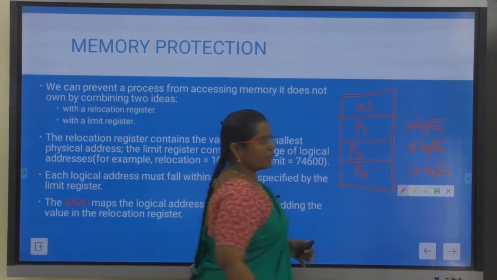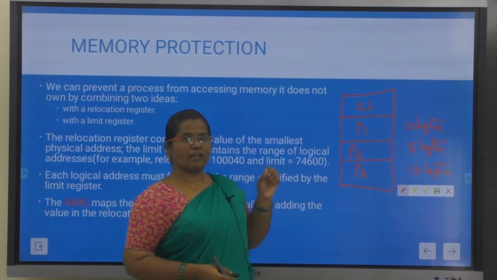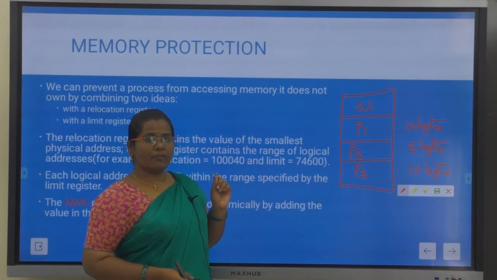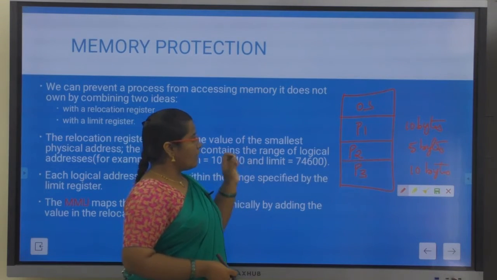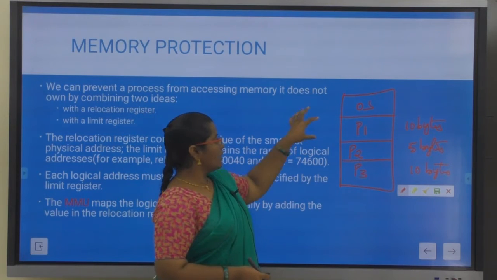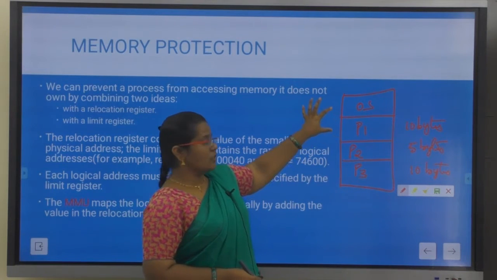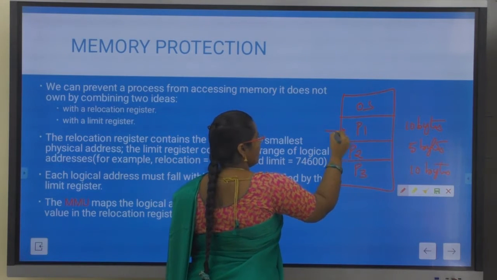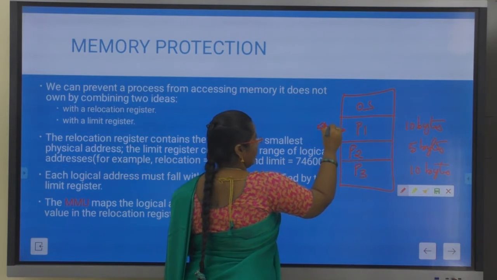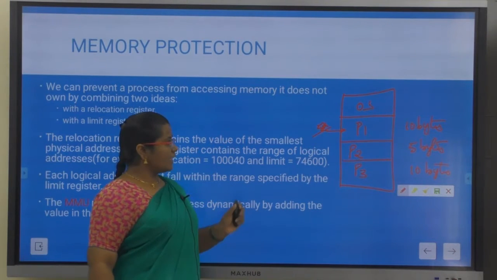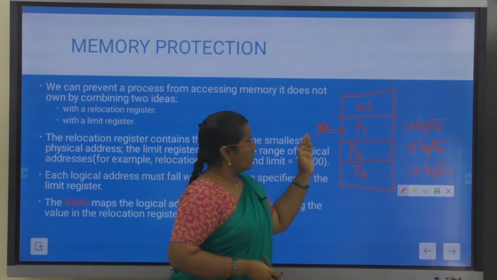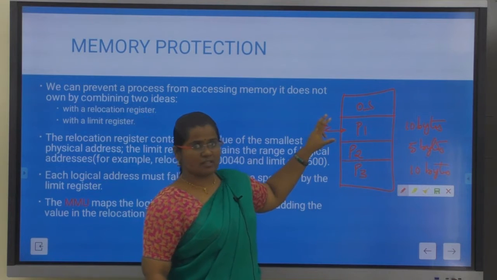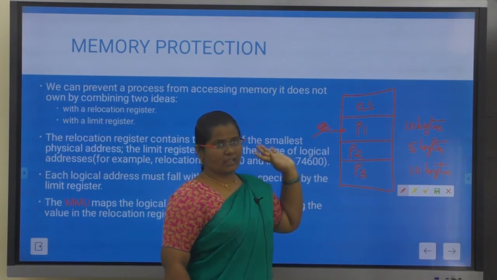So whenever you try to execute a process, the CPU will execute only 1 byte per instruction. So at a time your CPU will execute only 1 byte. Now if I want to execute my process P1, the complete size is 10 bytes. At a particular point of time, I want to execute process P1's 5th byte of data. In that case, the CPU will generate a logical address indicating which process it has to execute and then which byte it has to execute.